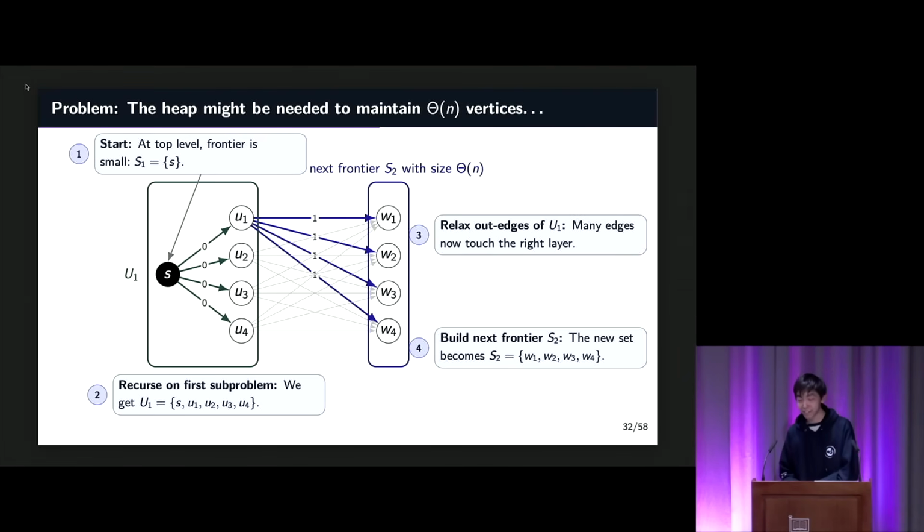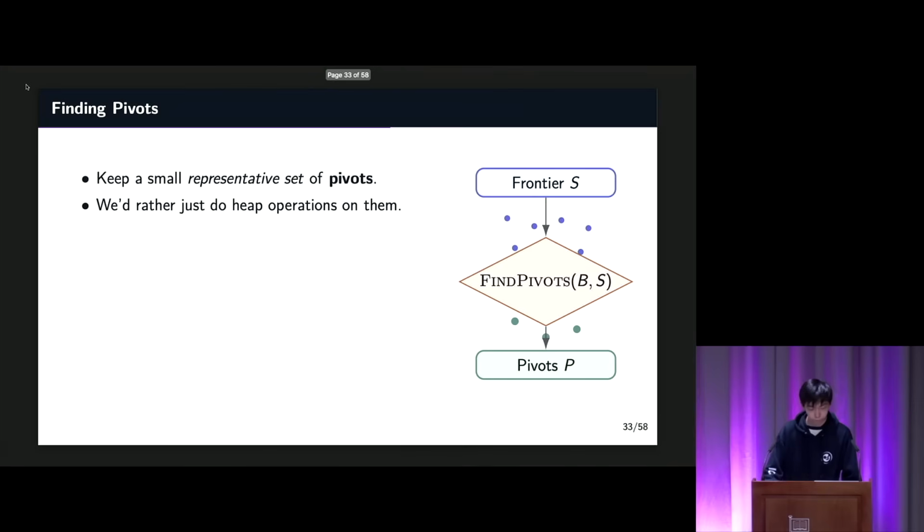What we see here is that this makes half of the graph's vertices in S2, and in general, the frontier of some call of BMSSP can reach O of n, and we don't really want to maintain that many vertices in the heap. Just think of the problem we had with Dijkstra, where we had to insert n vertices into a minimum heap, and that kind of just breaks the time complexity. We don't want to do something similar here. Fortunately, we do have a solution to this, and that is to find a set of pivots from the frontier, and only do the heap operations on those pivot vertices.